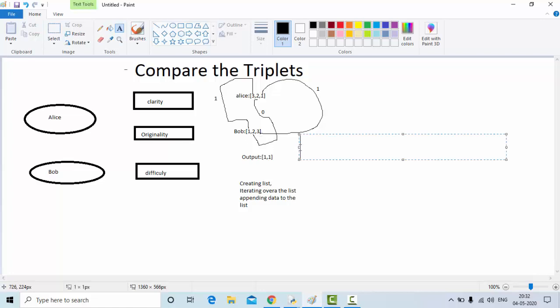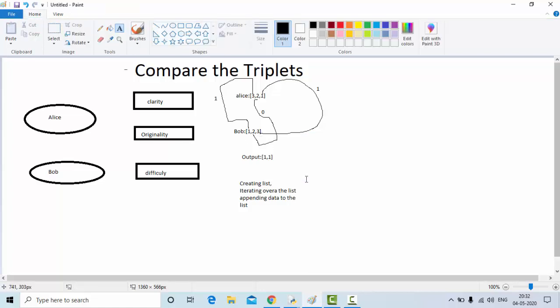Okay, so now what we need to do is print out these values, like which is having the more values here. So let's say I am comparing Alice as A, Bob as B. Now A of 1 with B of 1, and the value A of 1 will be more, that means 3 is more than 1, so I'll keep it as 1.